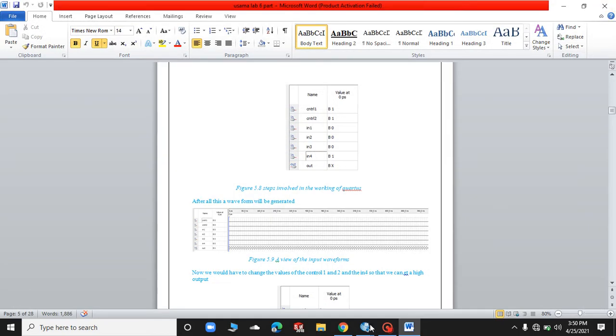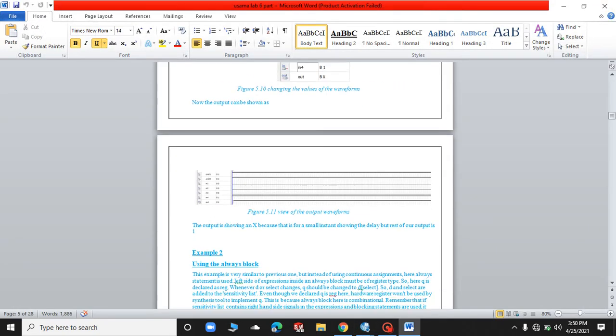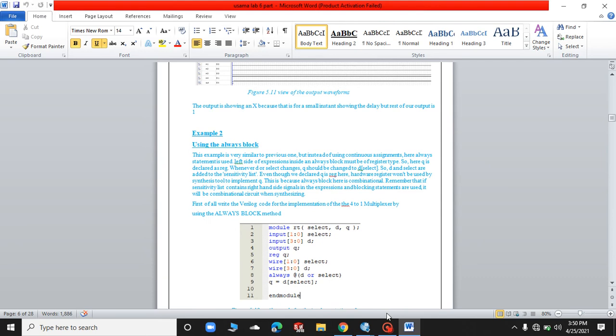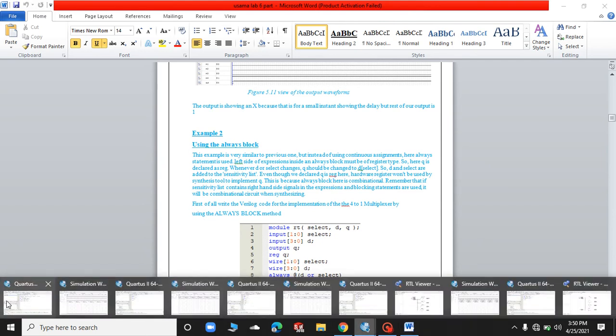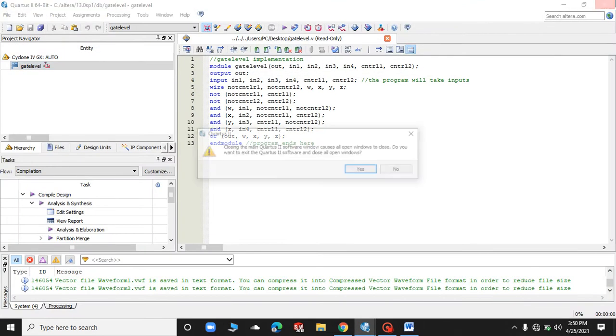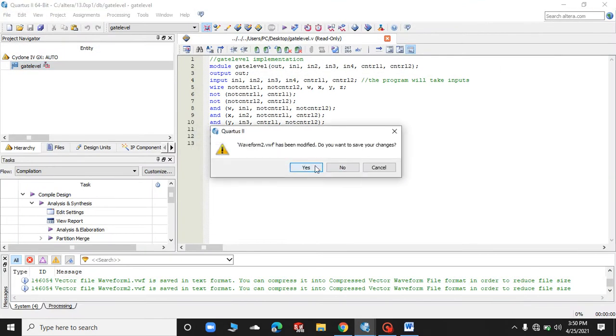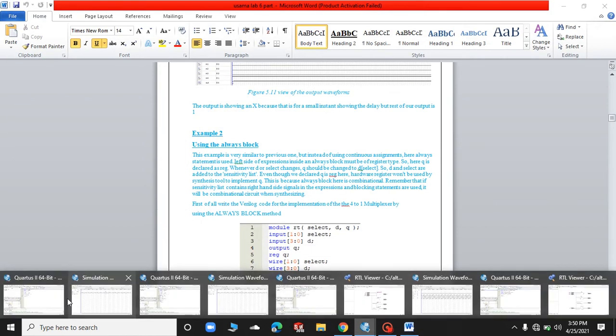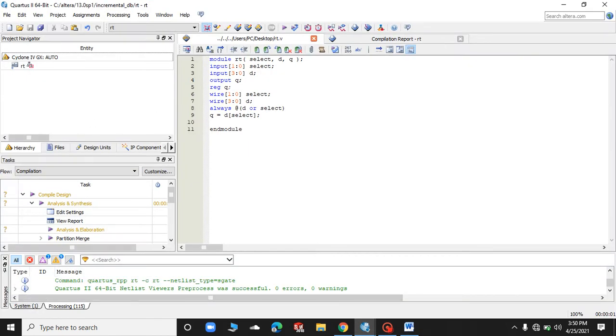Now moving towards our next method, that is using the always block. Let me open that. This is the always block implementation of the 4 to 1 mux.